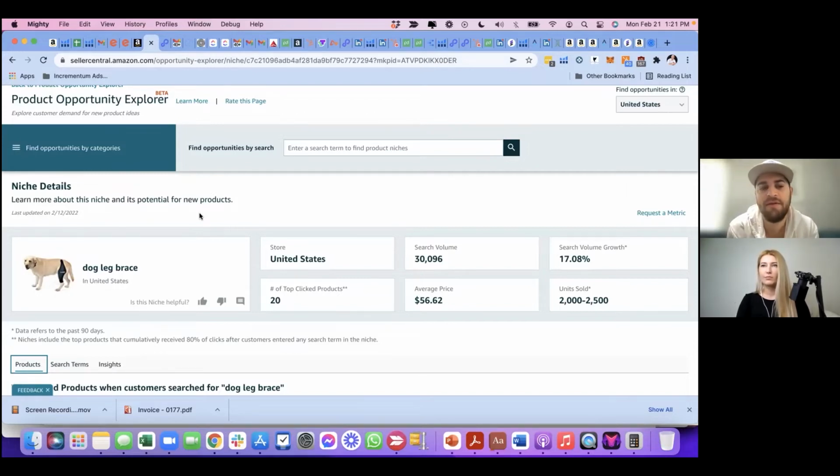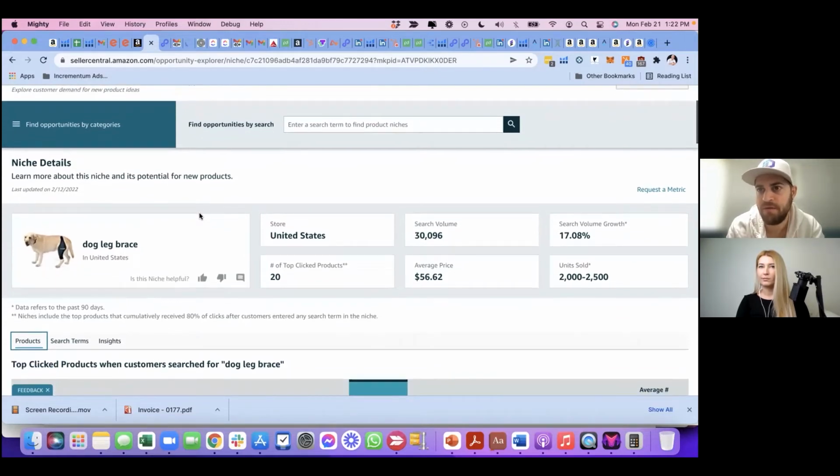So if you take those keywords and put them into brand analytics, and you see that the number one click product has a very high percentage of market share, 35-40%, then that may be a more challenging keyword to go after in terms of your ranking and advertising. But if you see that it's more fragmented, that the top click product maybe only has 10% of the conversion rate on the page, maybe that presents a better opportunity to go and target that particular keyword for ranking and